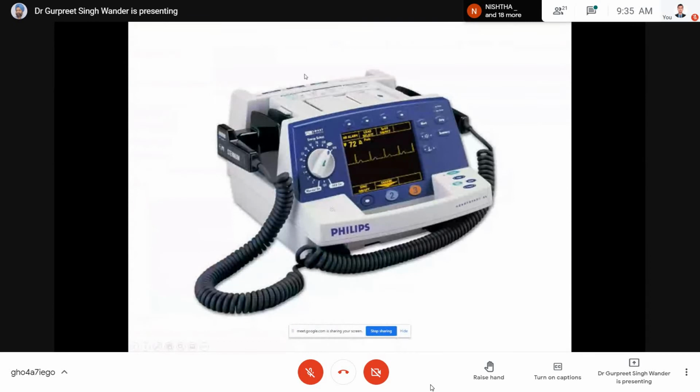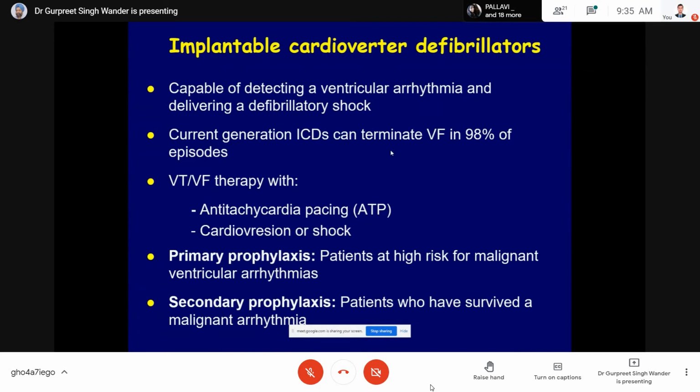Now, we realize that those who have had these episodes once can have a recurrence also. And so implantable cardioverter defibrillators have come up, which have the capacity to sense a ventricular tachycardia. They are very intricate devices. Initially, they do anti-tachycardia pacing, because when you give a shock to a person, of course, there is pain, and sometimes it has psychological effects, but then it saves a life. So initially, it will pace at a rate faster than the VT and then suddenly stop, which sometimes reverts the ventricular tachycardia. But if that doesn't happen, it doesn't wait too long. It waits once and then gives a shock.